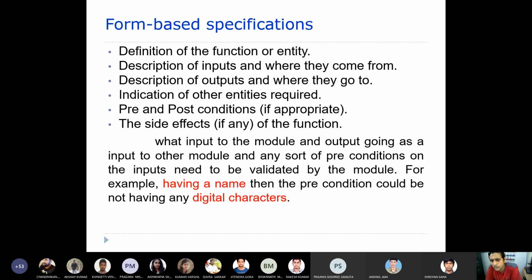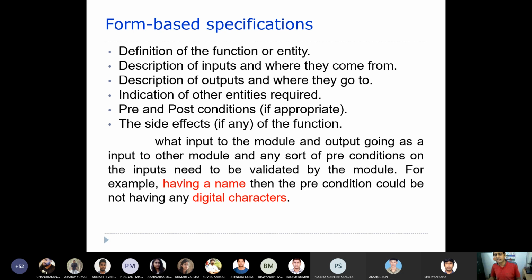Now when you have a name, the precondition could be that the name should not have any digital characters. That means the name should not be like Yudhishthir123, digital characters should not be included. The name should always contain only characters. This may be one precondition.